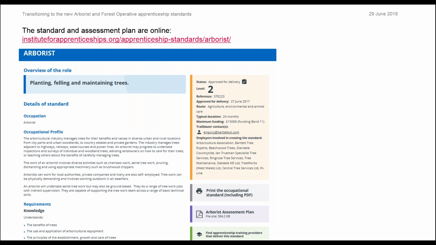You can also find information about the typical duration, which I've mentioned is 24 months, as well as the maximum funding available. It is also worth noting that you can print the occupational standard, and you can download and also print out the Arborist assessment plan. And I would strongly recommend that if you are intending to offer this apprenticeship standard, that you print out both, because there's an awful lot of information in both of them that you will find very